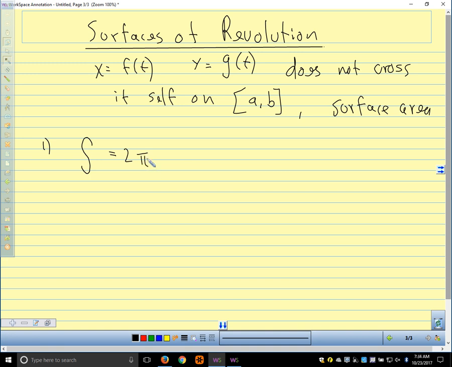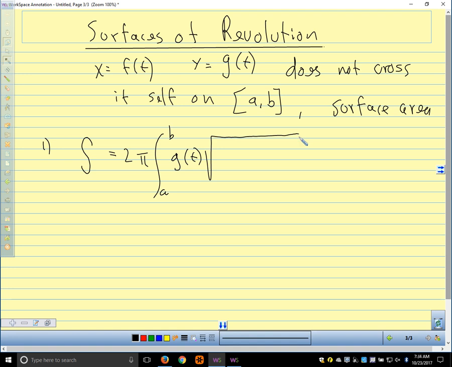The 2 pi comes from the fact that, since we're talking about frustums of cones, we can have little pieces of circles. The integral from a to b, we need our radius of revolution. Well, if we're revolving about the x-axis, our radius of revolution is y, so we just have g of t